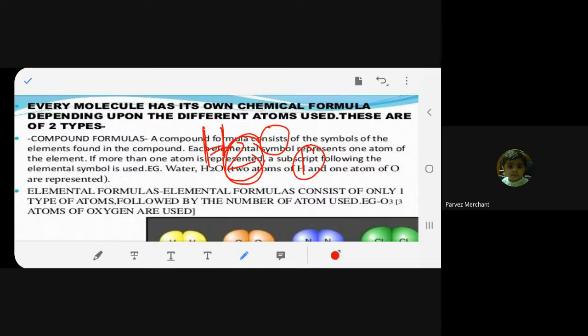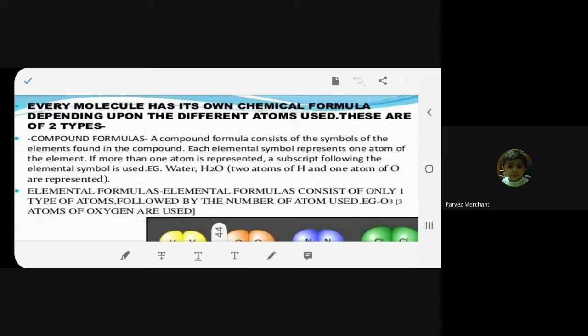Have all of you understood or not? Yes, ma'am. So what does this H2O mean? It means that it has two atoms of hydrogen and one atom of oxygen. That makes water. Is it clear to all of you? And this is one molecule of water. Remember that. What you will say? This is one molecule of water made up of two atoms of hydrogen, that is element, and one atom of oxygen. Is it clear to all of you?